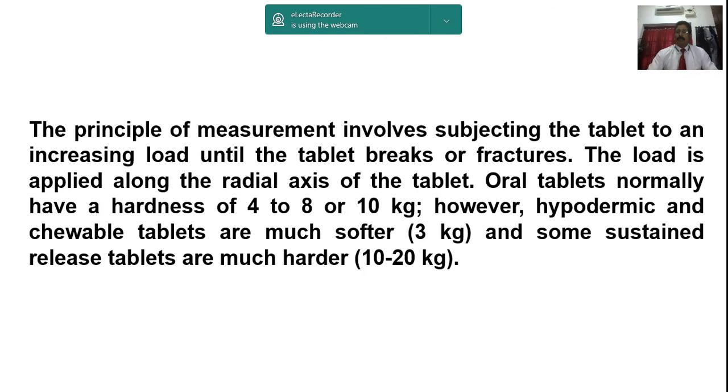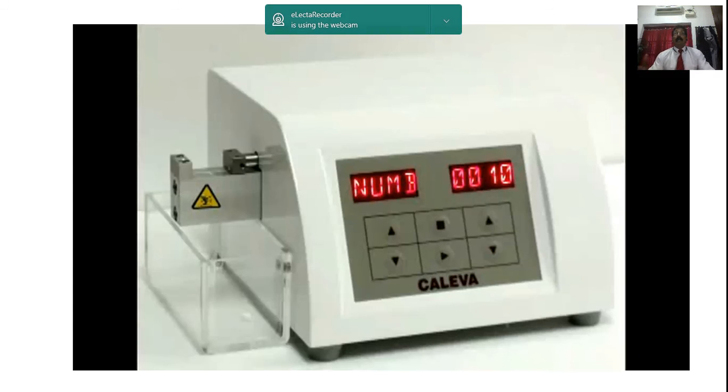And these are the old methods which were followed. Now I want to show you a video of new machines from which a printout can be obtained automatically. There are now many such machines. You just have to place the tablet. It will give the average thickness of 10 tablets, and thickness and hardness are taken into consideration for each batch, and every hour or every half hour they check it in process.